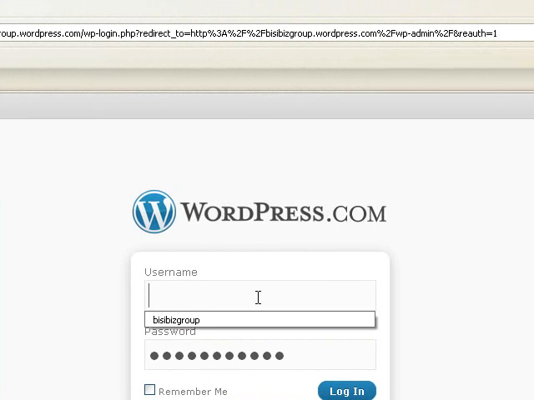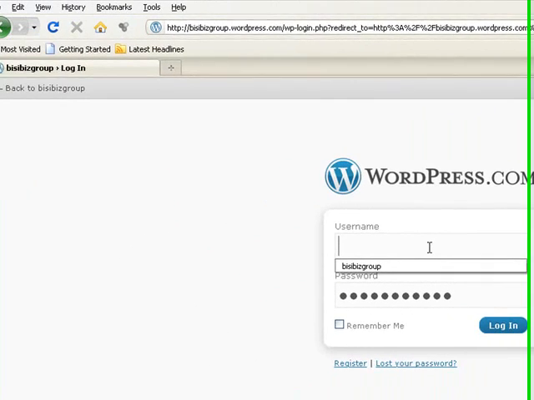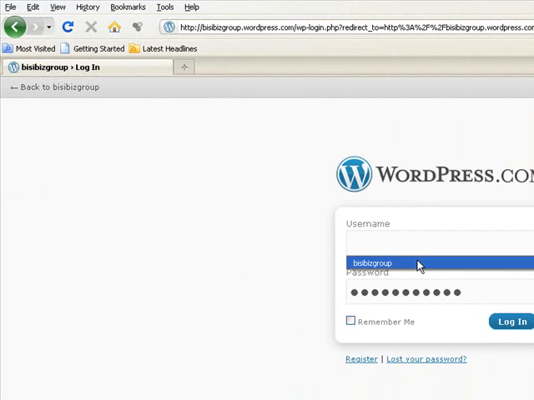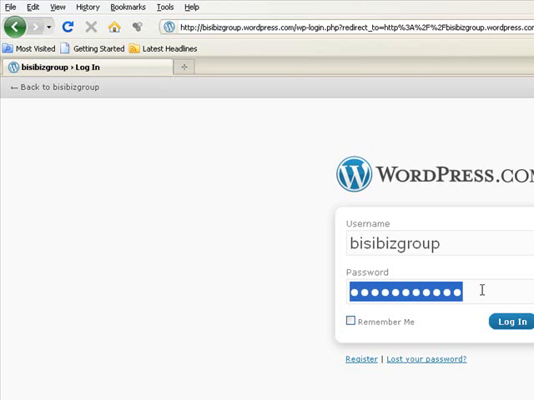So here's the login screen, and you just type in the username. Now, as soon as I clicked on there, this screen has been cookied, so it remembers that I logged in here before. I can just click on the username that's there. However, for different usernames on the same blog, you'll have to type them in. Then you go to the password and type whatever password's appropriate, whatever I've sent you for the account. In both cases, it matters uppercase and lowercase. No pun intended, but in both cases it does matter. So capitals and lowercase letters. Pay attention to that. Then you click on login,